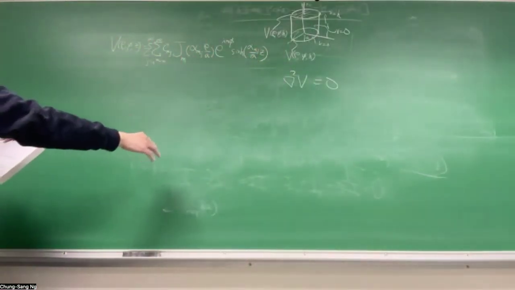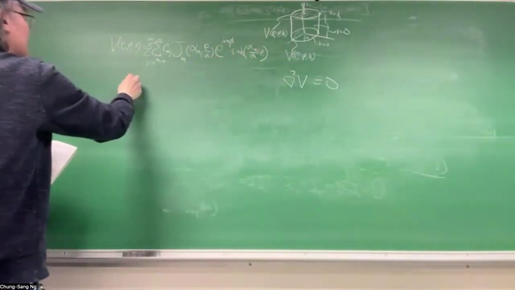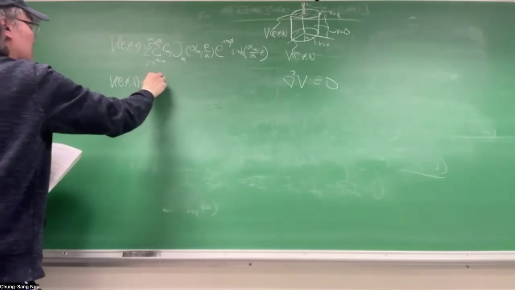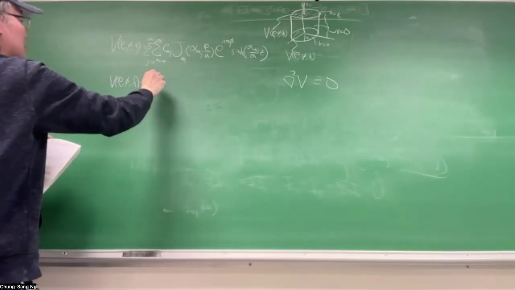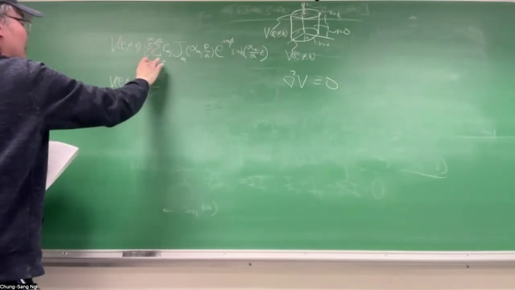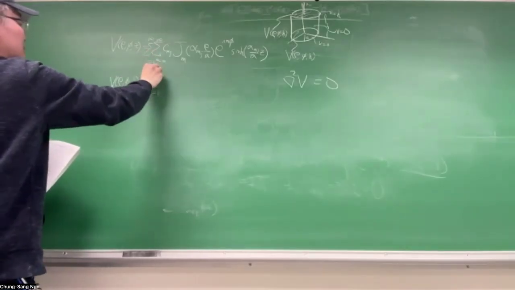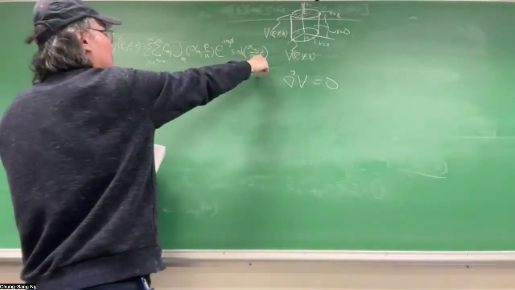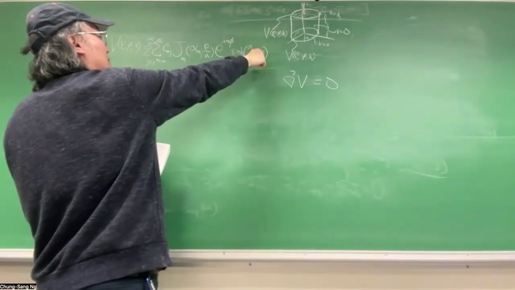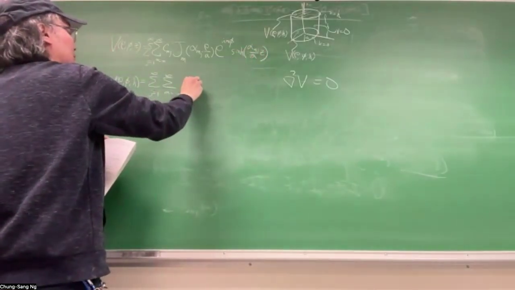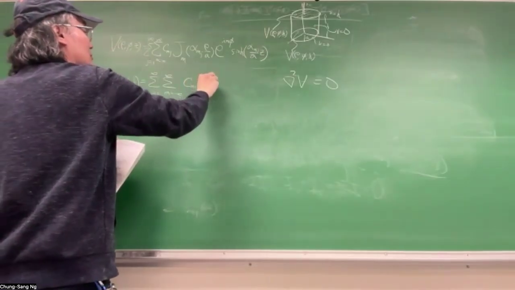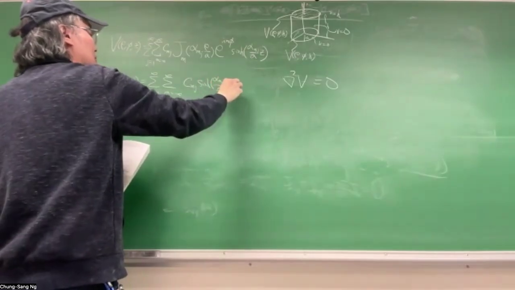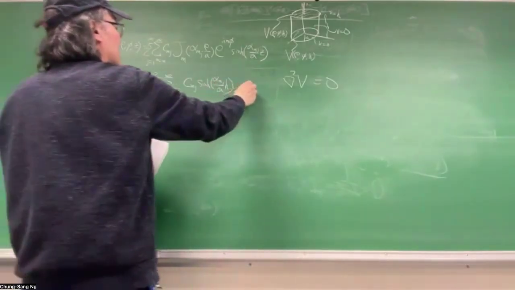So now you can impose the boundary condition. V(rho) by H equals the sum over j from 1 to infinity, and m from minus infinity to infinity. Now this becomes just a constant when you set z equal to h. That's part of the coefficient, the sinh of alpha mj over a multiplied by h. And then you have the